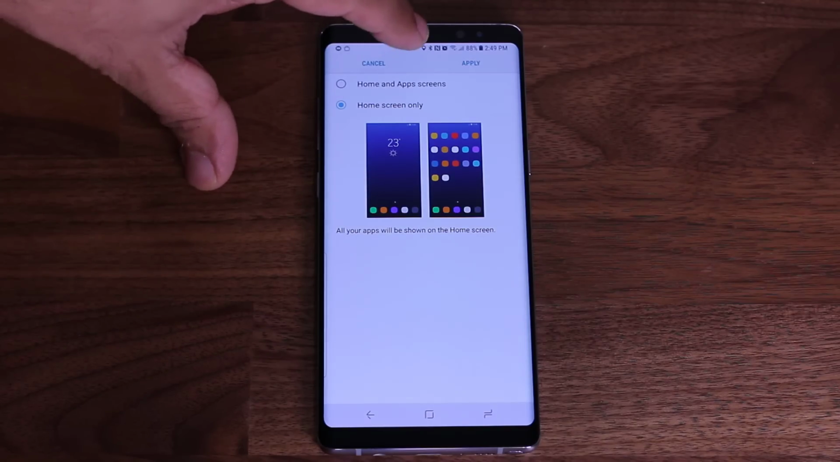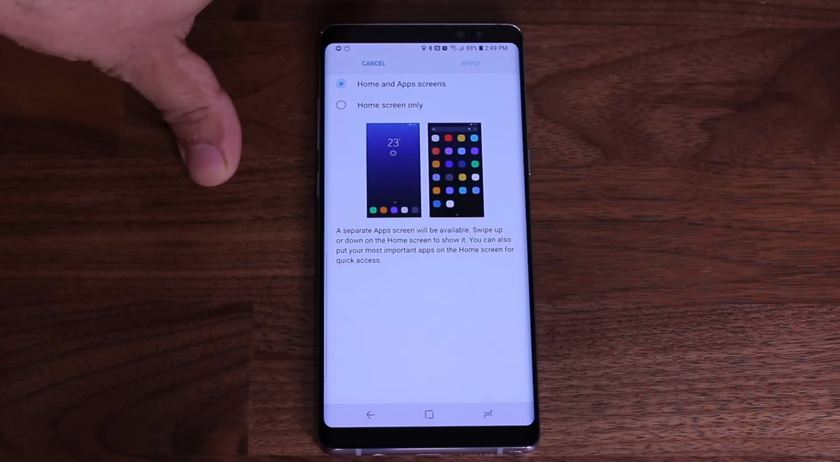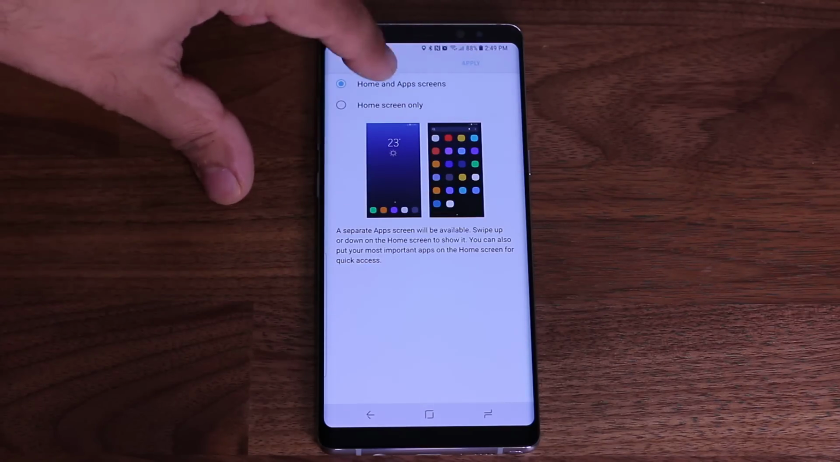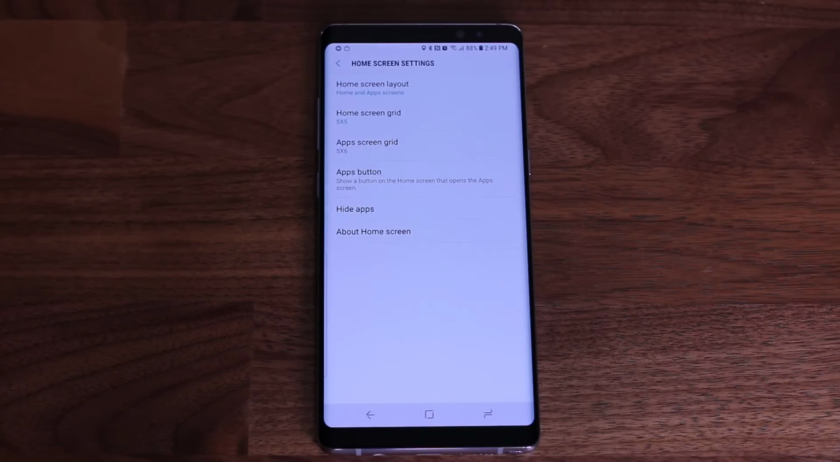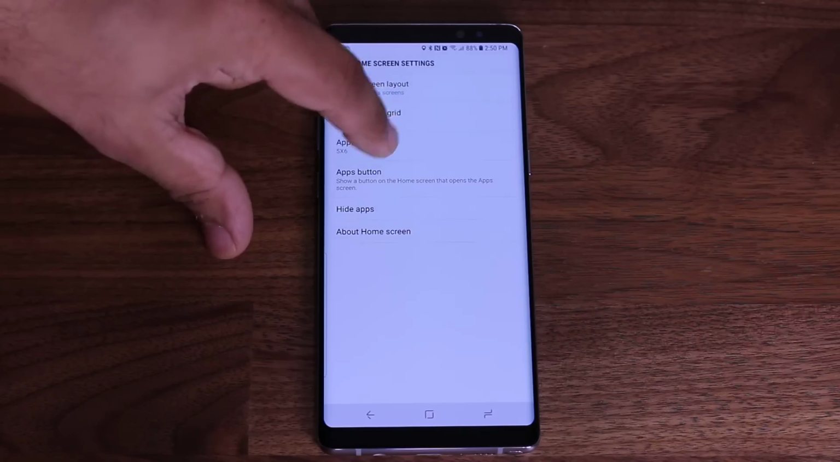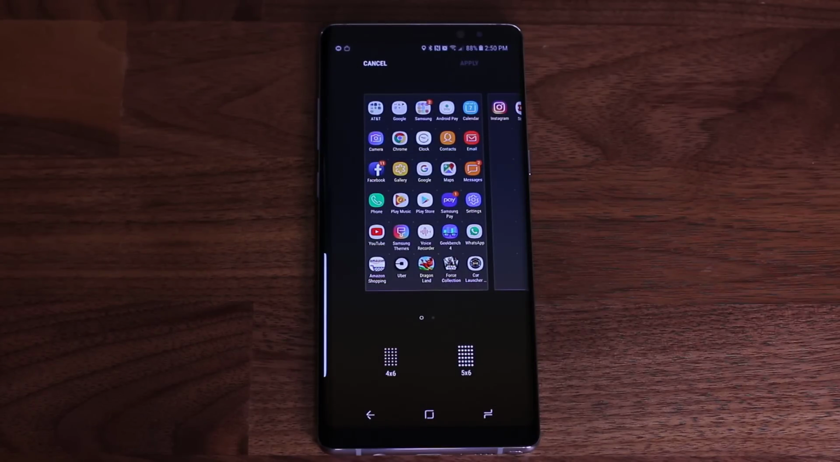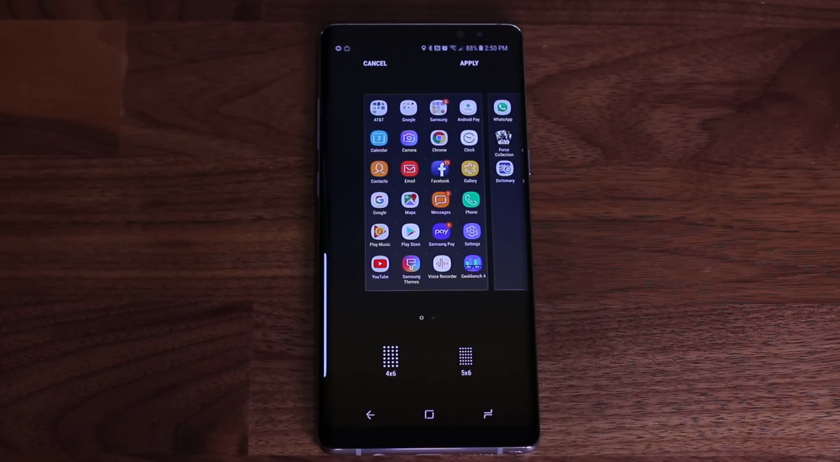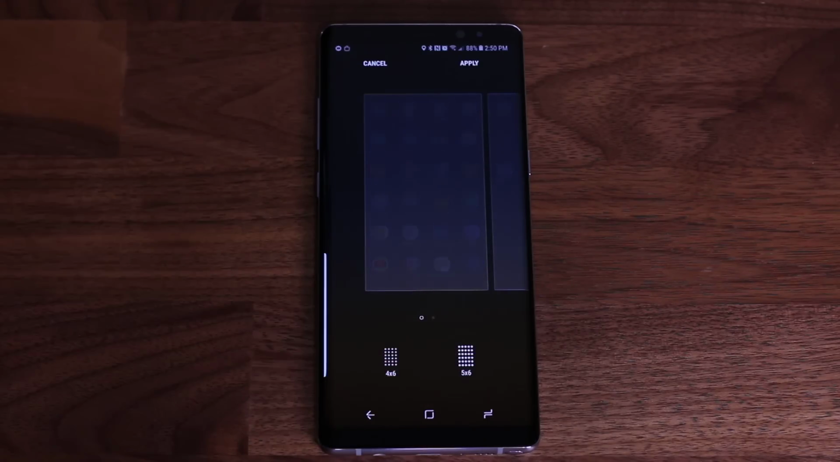So give it a try. If you like it, keep it that way. If not, I like it better like this when things are categorized. And let's move on to the next tip. Now this one over here is the apps screen grid. If you tap this, this actually controls the grid system in your app drawer. So you can go 4x6, it's going to fit less apps, or you can go 5x6, it's going to fit